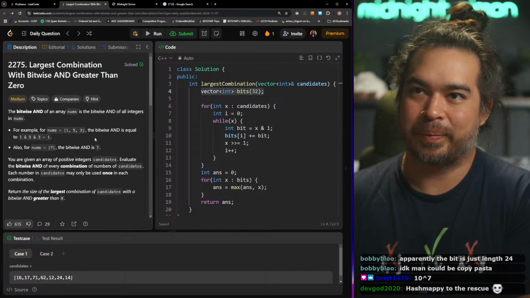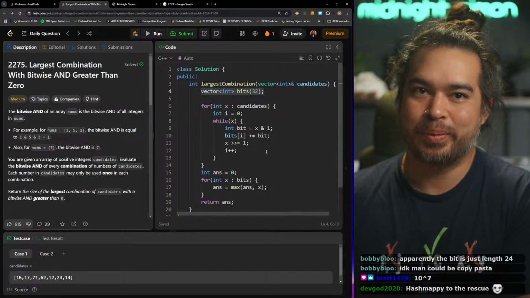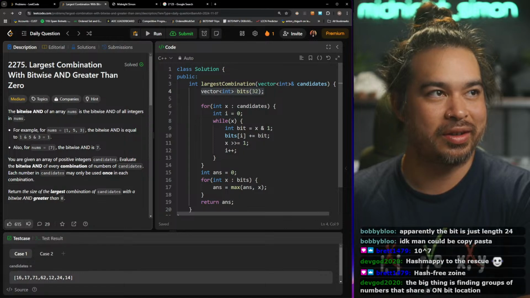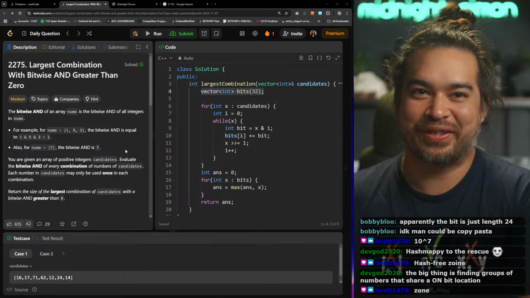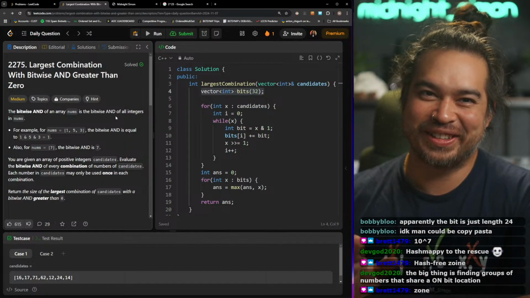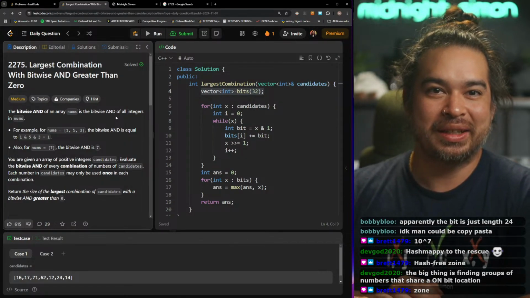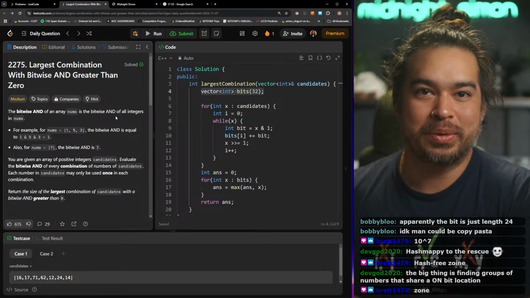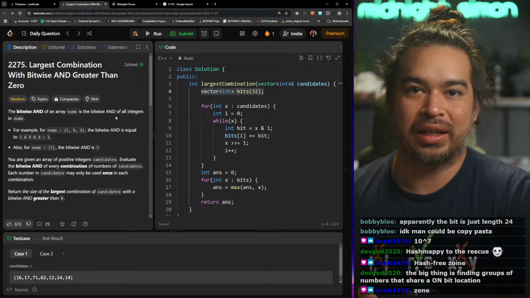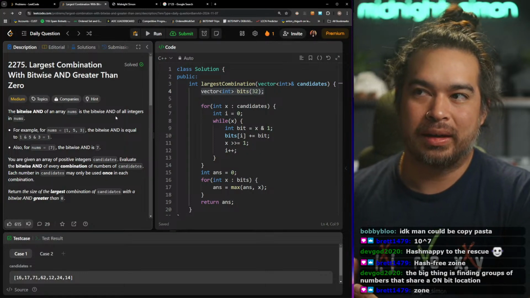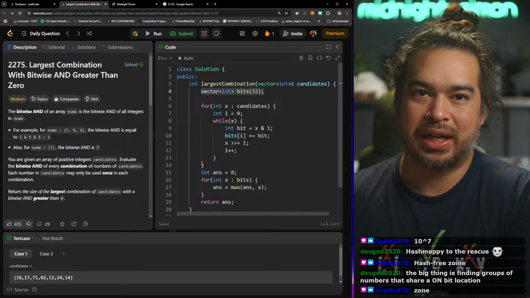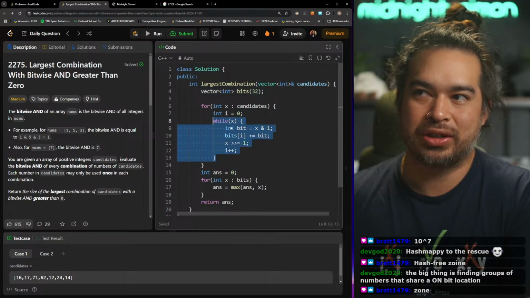Yeah. Alright. Are you ready for some leet rooms or hash free zone? Sometimes we need those hash maps. The big thing is finding groups of numbers that share an on-bit location. Yeah, but I don't think you actually have to find those numbers. You can just count each bit, how many, you know,